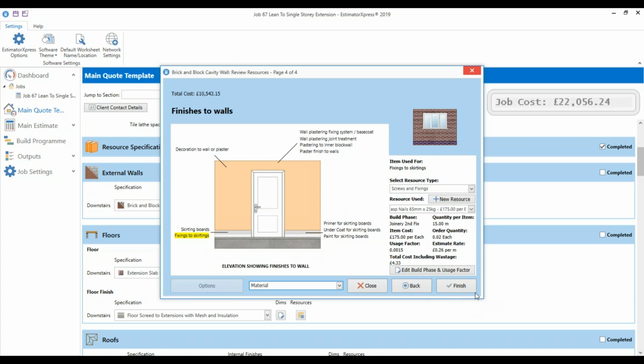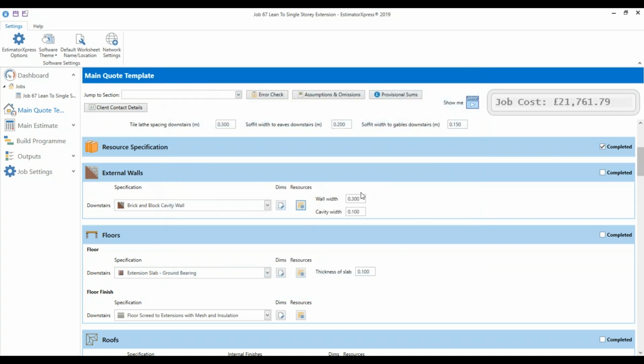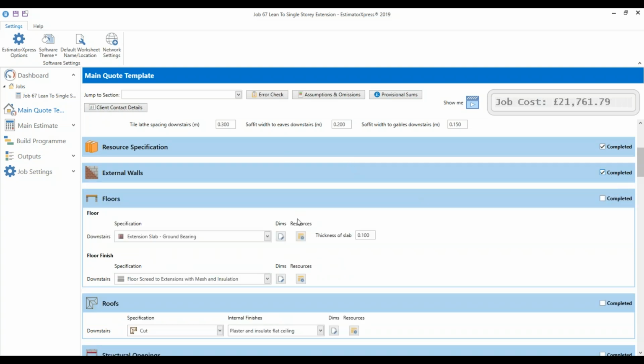Okay, so every single element of the software, every single part that you apply, has got a rate. Again, if you have any questions on that section, please feel free to do the Q&A, and we'll have a chat about that towards the end. So once I'm quite happy with the walls, I'll press complete, and then we can move on now to the